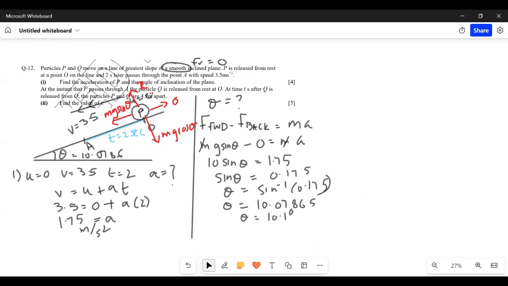Okay. So we have found the acceleration of P and we have found the theta of the inclined plane, from the equations of motion and from forward force minus backward force equals ma. Okay. Next part is,